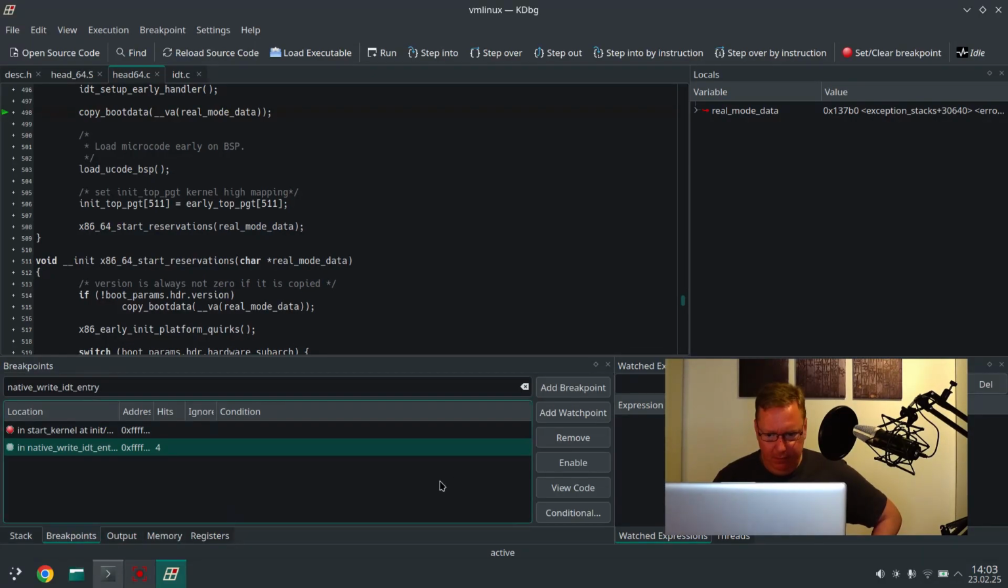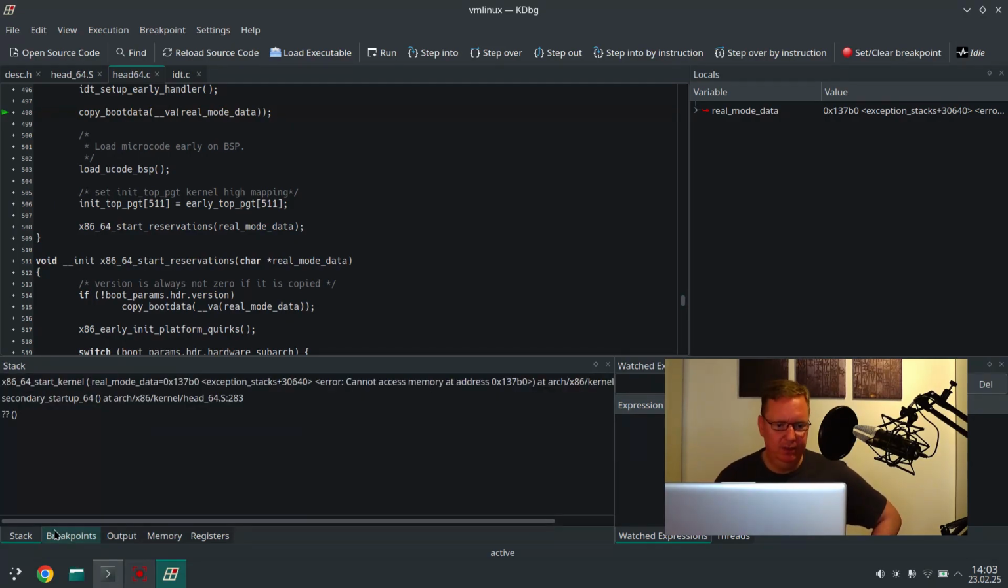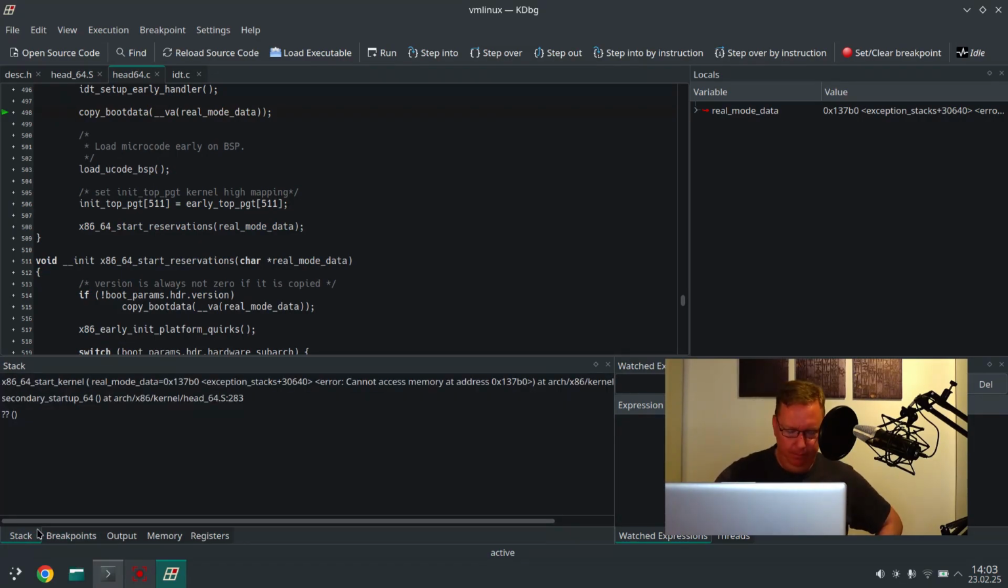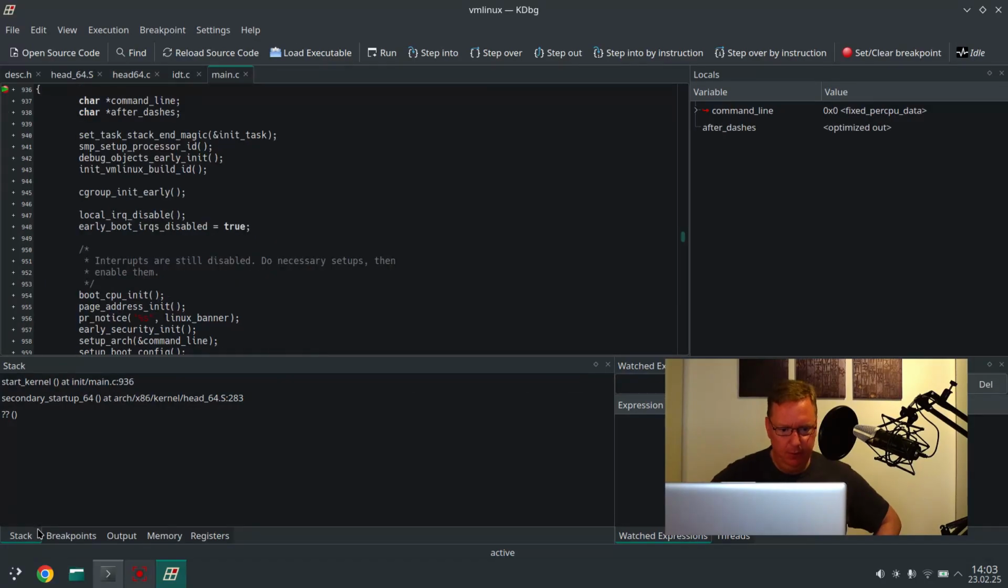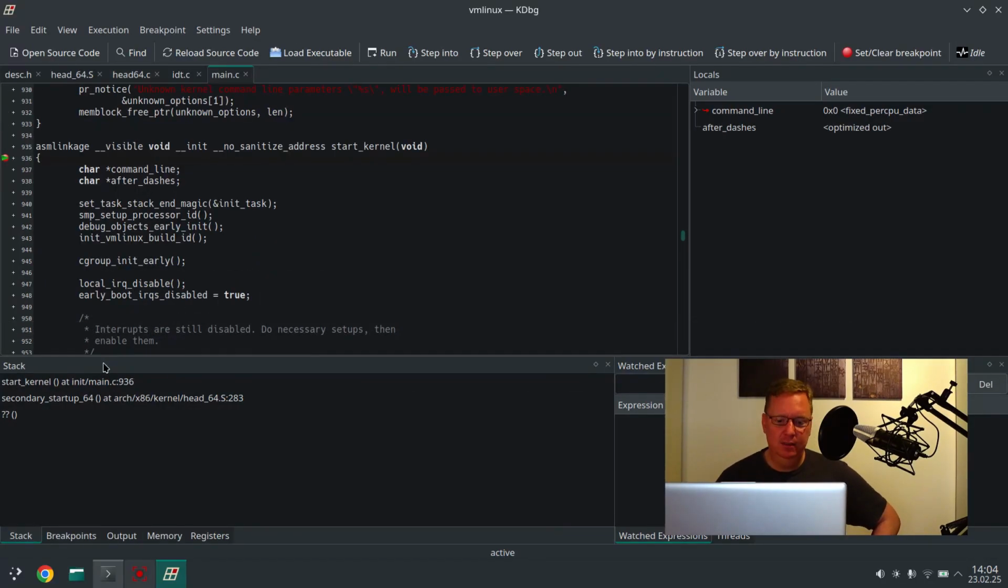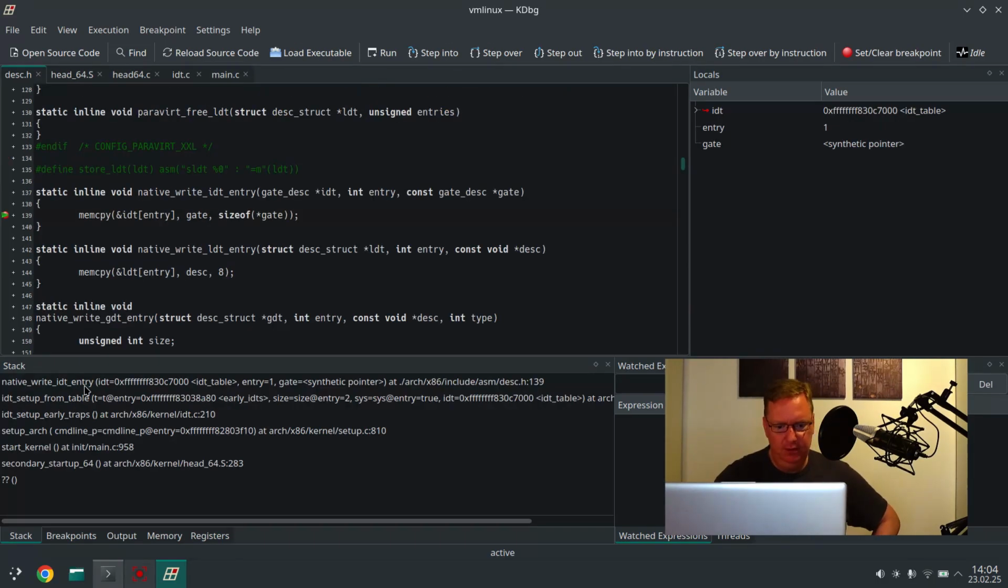Now I will re-enable the breakpoint to find the next location where the IDT is edited. So now that I've re-enabled the breakpoint, I will continue running. Now we hit the start kernel, but that's not the breakpoint we are looking for, so continue. And okay, now we've hit it again with